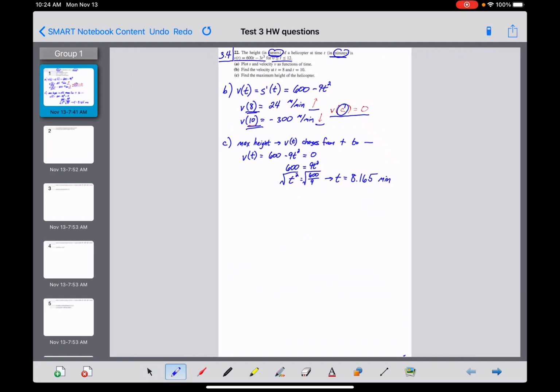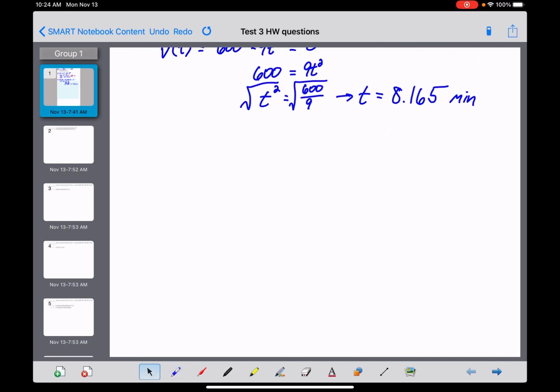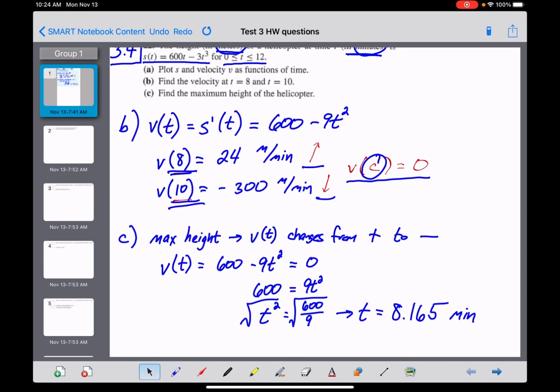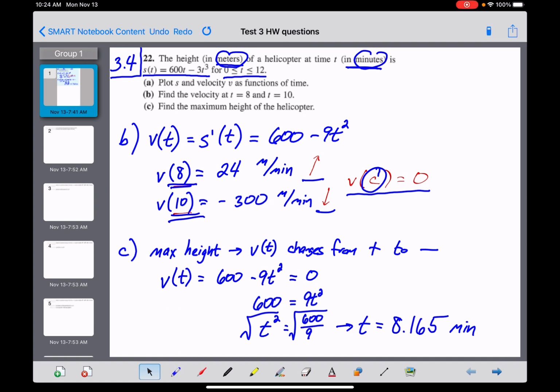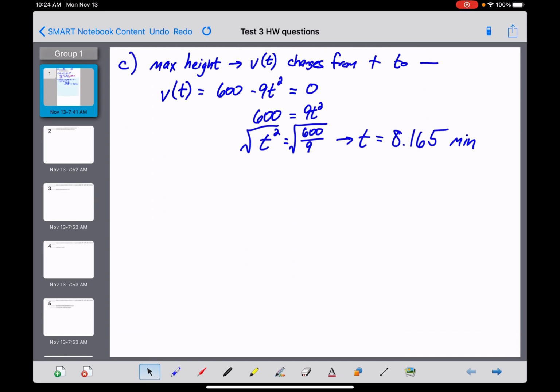Let me mess with my zoom here a little bit, guys. What we now need to do is analyze the position function given way up at the top of this thing at this particular value of time. So we need the position function, 600t minus 3t cubed. All right, let me write that out here. So s of t was 600t minus 3t cubed, and we're now going to analyze that position function at t equals